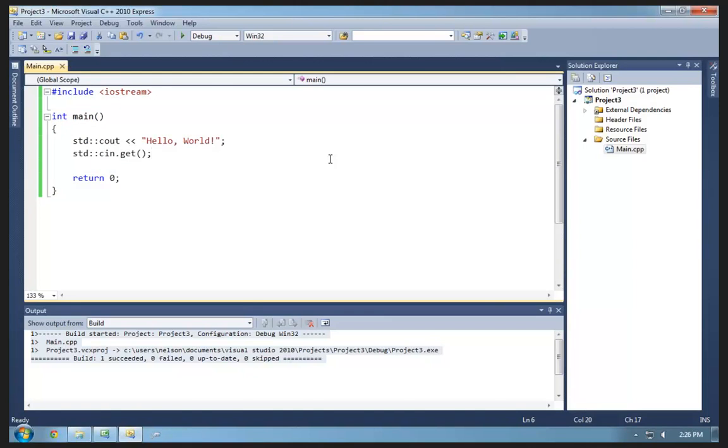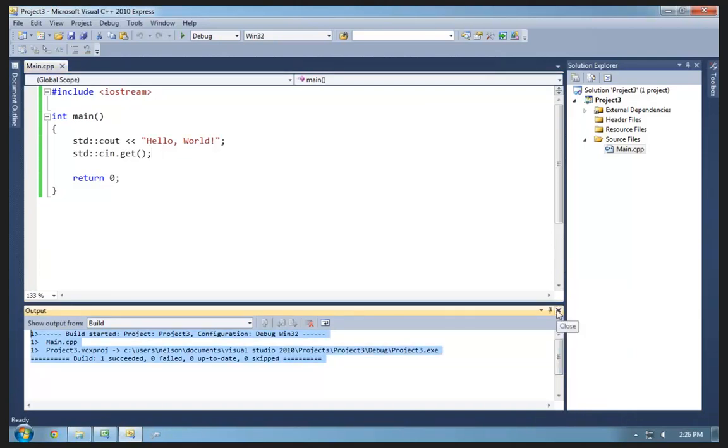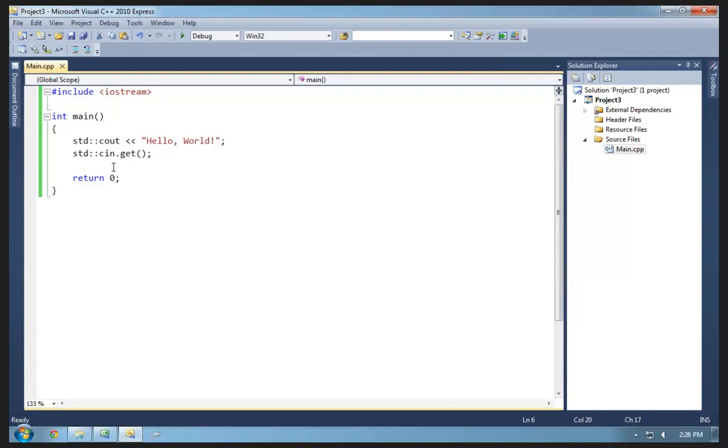Alrighty, so yes, Quest is right, but I still prefer to run in the debugger as much as possible. So yeah. Alrighty, so